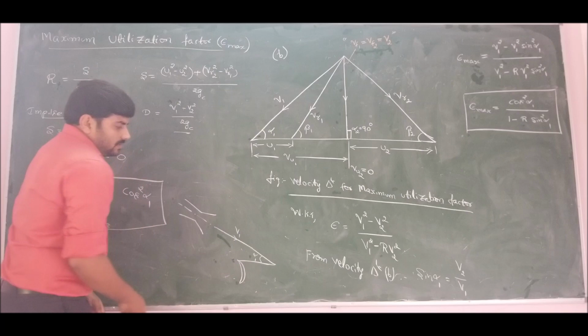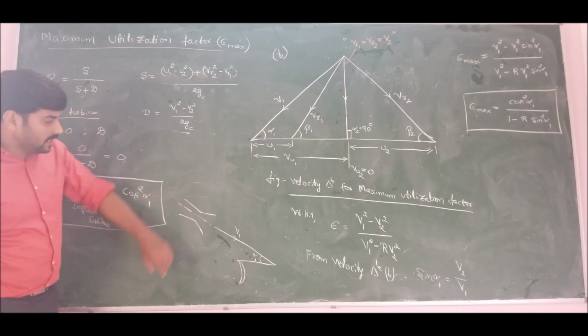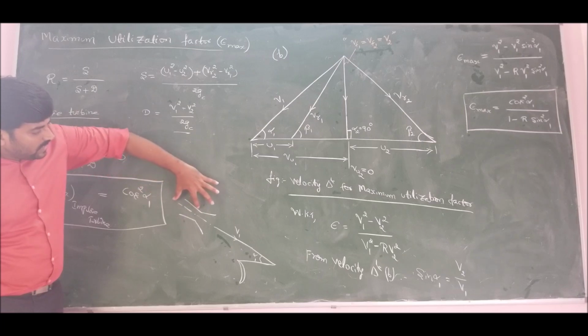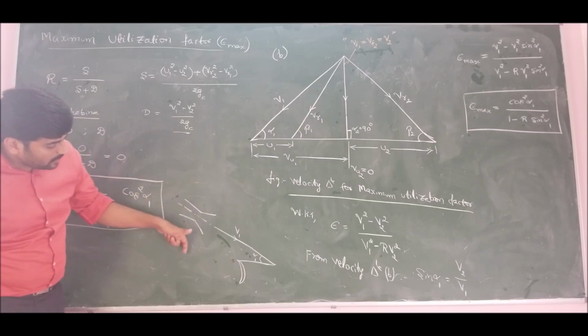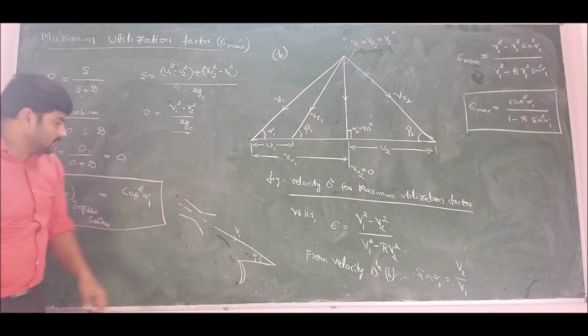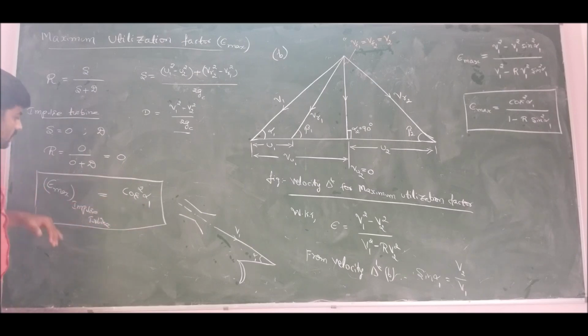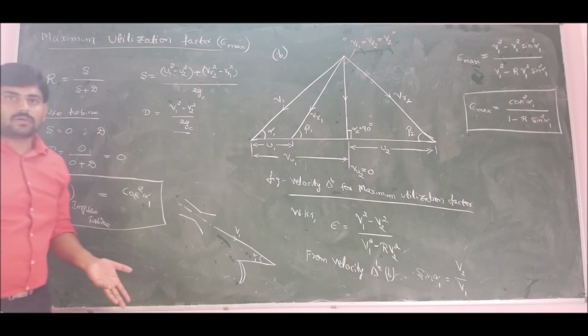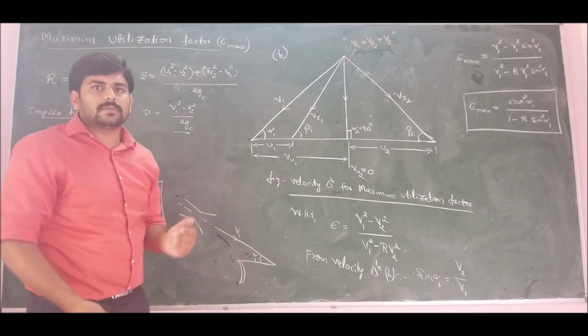So this alpha 1, if I make it 90 degrees, if I rotate the nozzle vertically, the water will fall here, the blade is here. There is no contact between the fluid and the blade. So substitute alpha 1 equal to 90 degrees, cos 90 is 0. So therefore utilization will become 0. Obviously true. There is no contact between the working fluid and the blade.